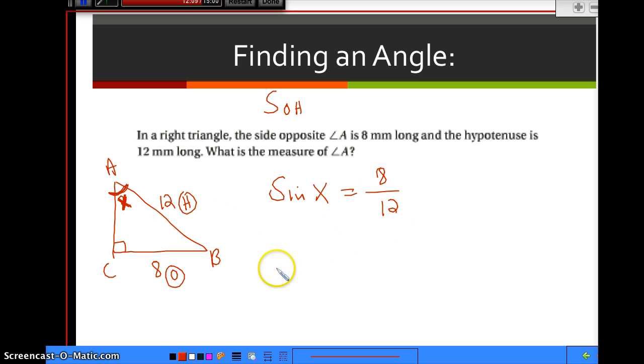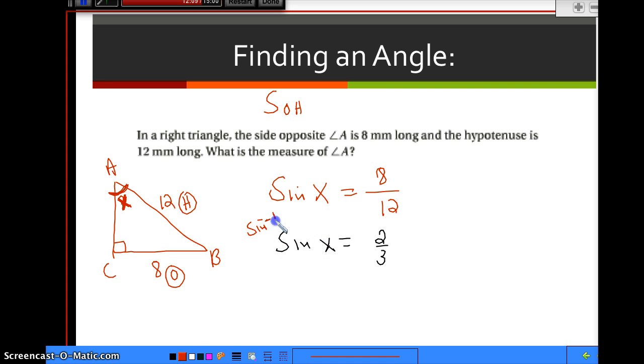So now this is where it's a little bit tricky, and I may lose you if you have to replay. Go ahead and replay. But let's go ahead and put in 8 divided by 12. If it comes out even, we like that. It doesn't. Let's simplify it to 2/3. It comes out to 0.6 repeating. But we have to get rid of sine. The inverse of sine